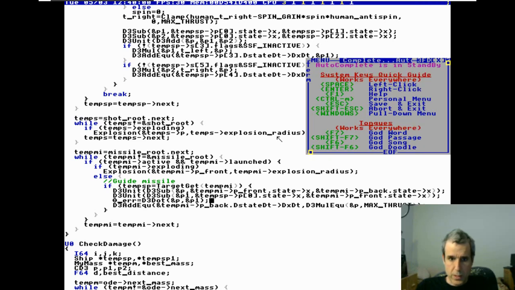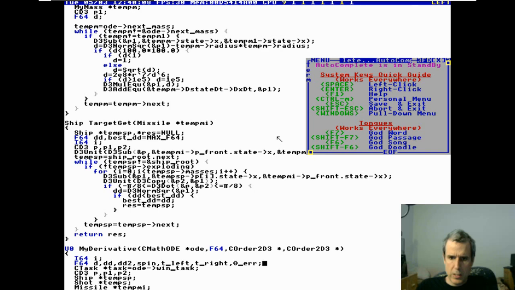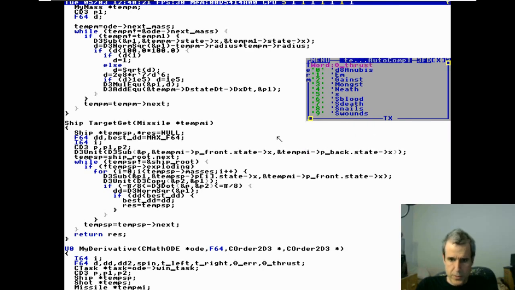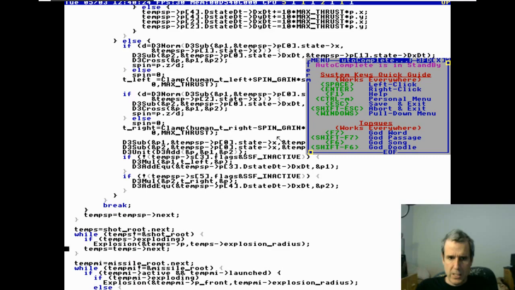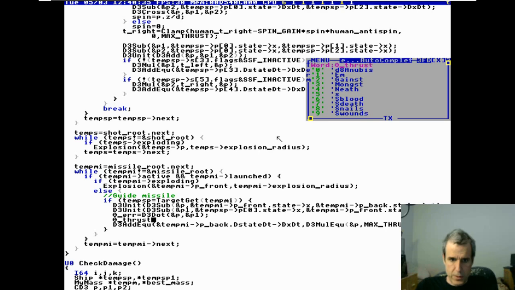So this is cosine, and well, whatever. Theta thrust equals clamp